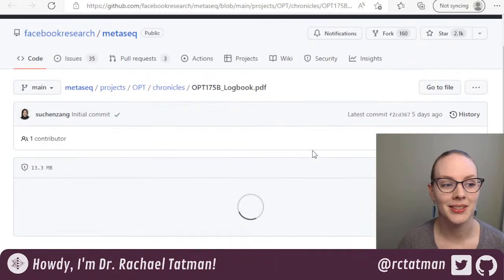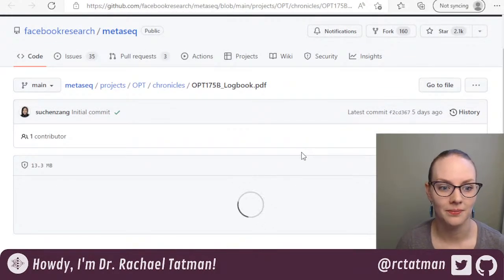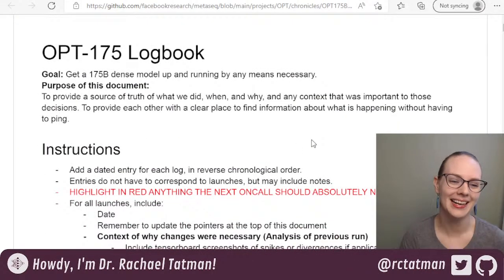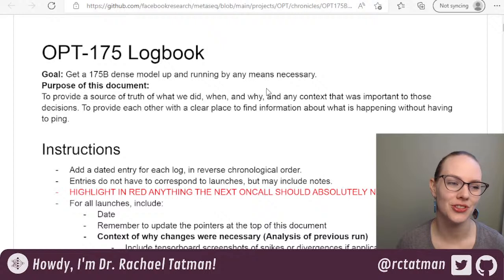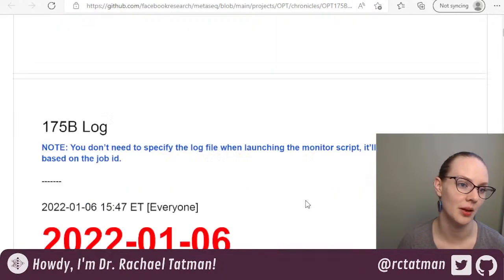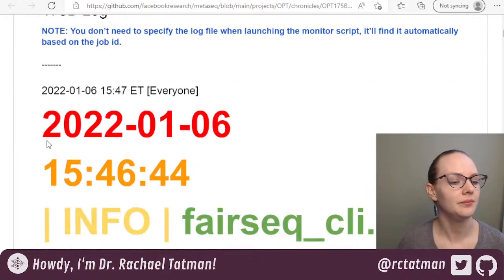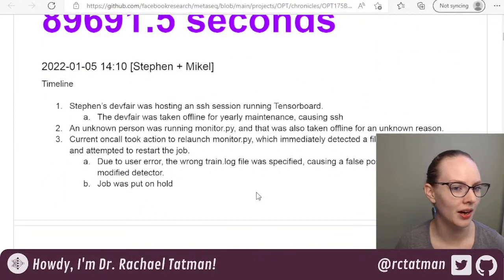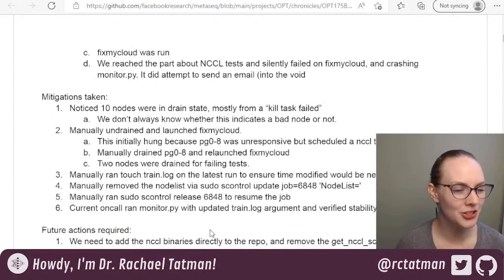Anyway, it's hard, right? It's hard to build these types of models. It's a big engineering challenge. It's a lot of data. It's a lot of compute. It's a lot of parameters. There's a lot of stuff that can go wrong. There's a lot of stuff that can break. And then here are just some of the issues that they had.